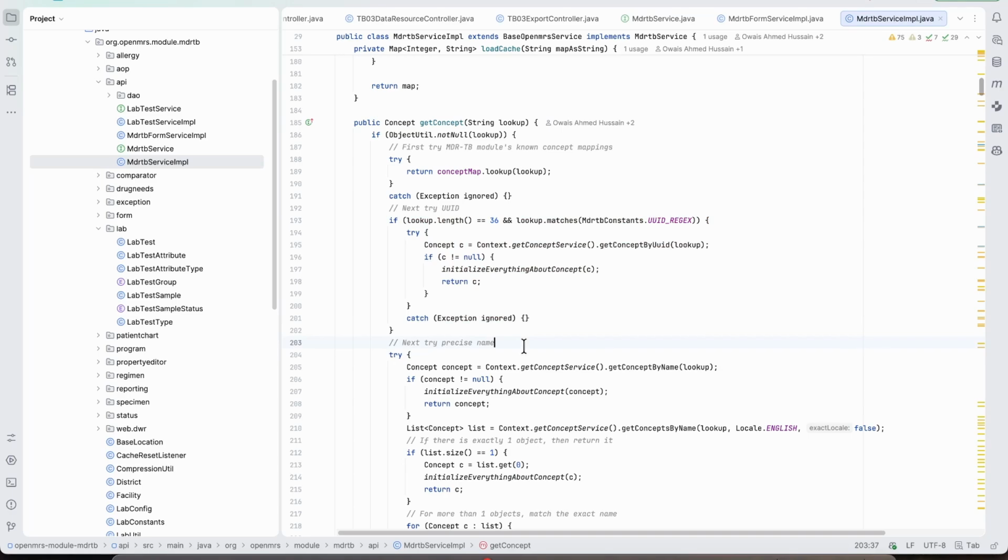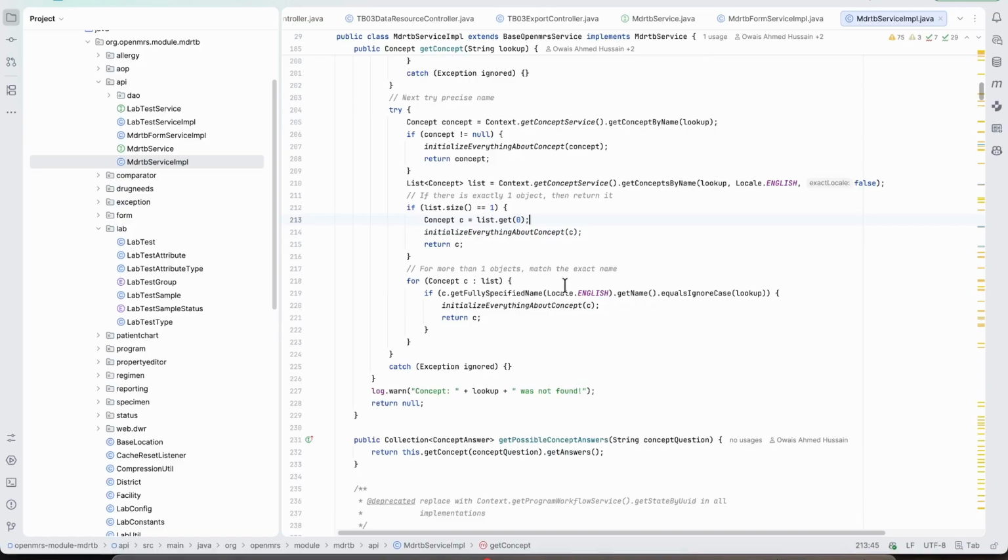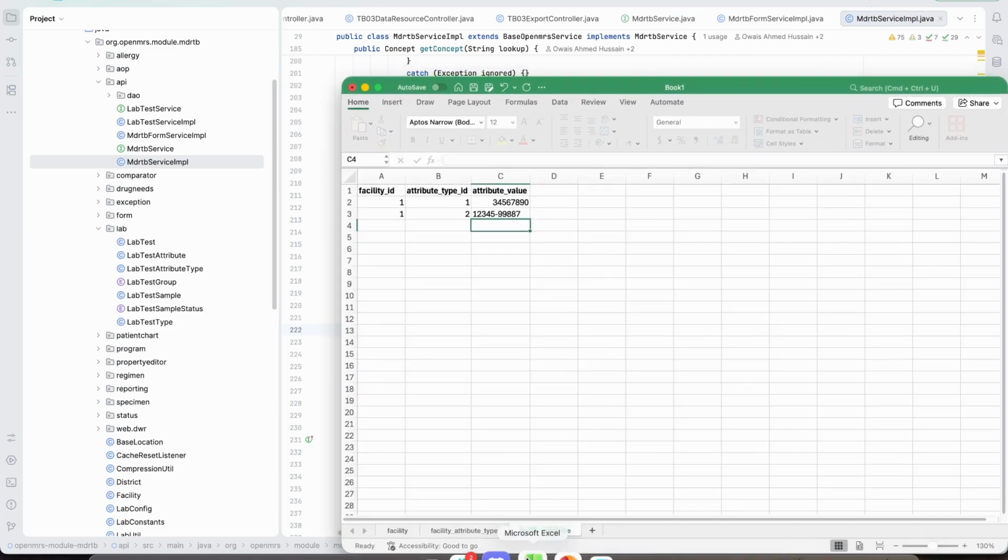Now if you were searching by UUID, fine, it's returned. If not, then first you try matching the name precisely. By precise I mean dot equals, right? Now the list of all concepts is looked up by name, and from this whole list we only return the one. If there's only one match, we return it. Otherwise we match the fully specified English name. This again is an important aspect to